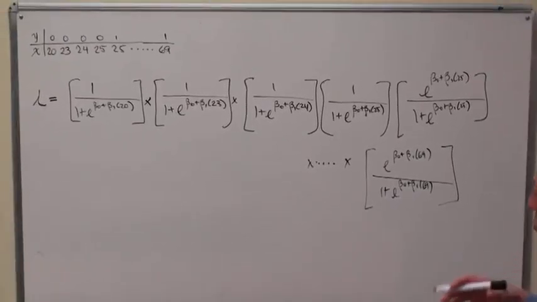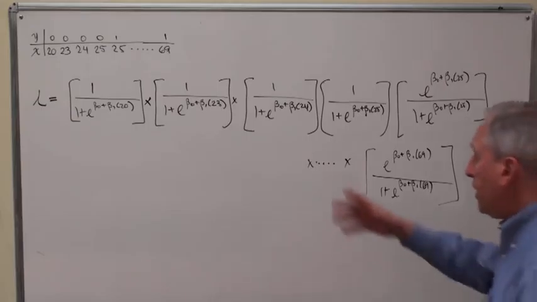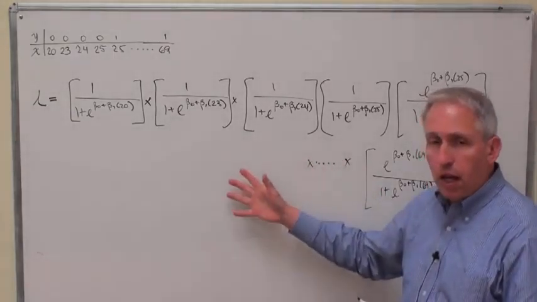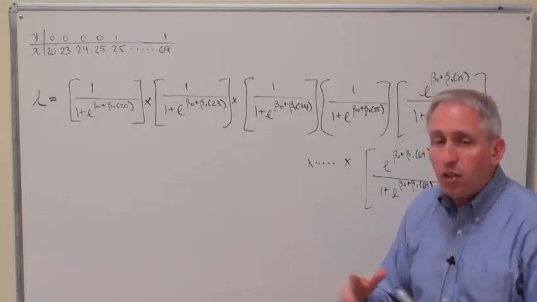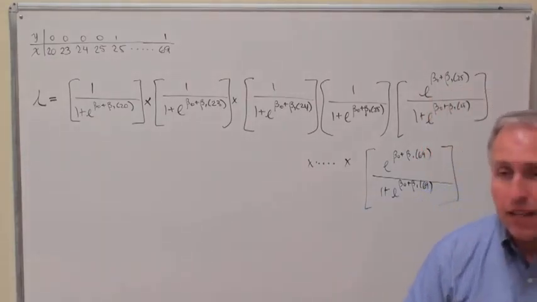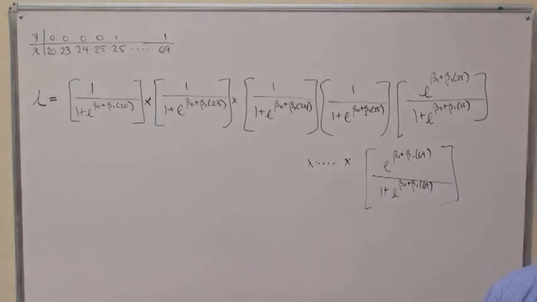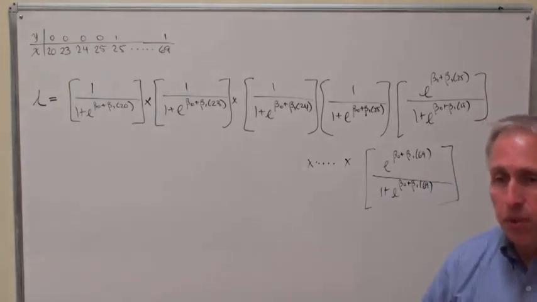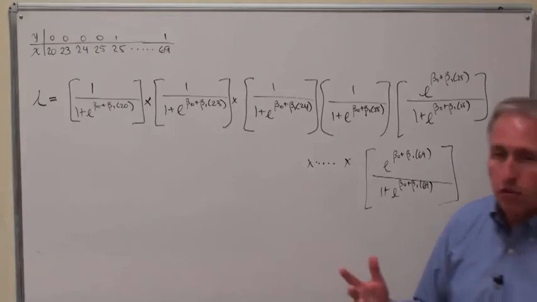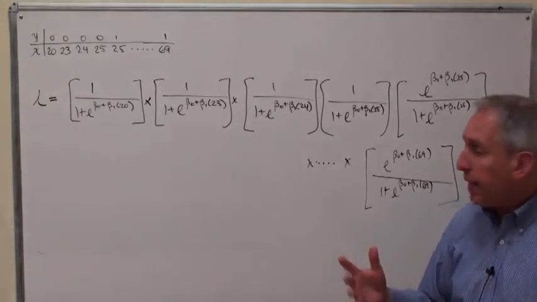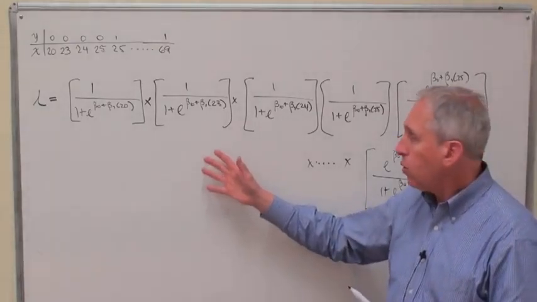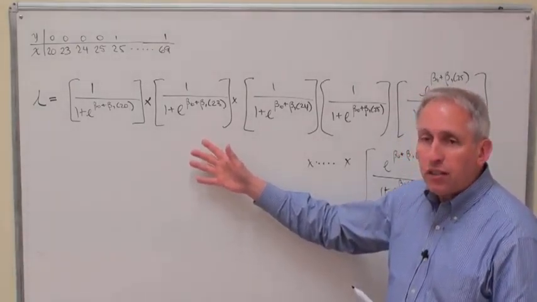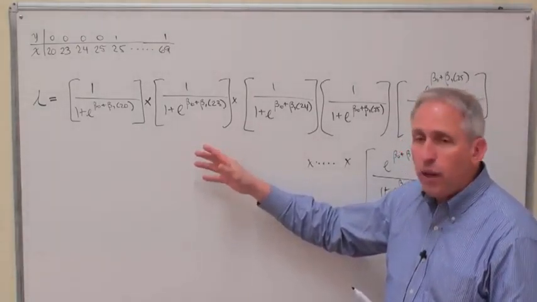Okay? And again, the same rules that I talked about before apply here. I can write down this function. I can take the log of the function. That'll be the log likelihood. Now, the idea of taking derivatives of that and then solving the derivatives is not going to work, because it's not simply a linear function, and we're not going to be able to solve for beta naught and beta 1 that way. Instead, we're going to rely on computer software that's going to use Newton-Raphson estimation to iterate into a